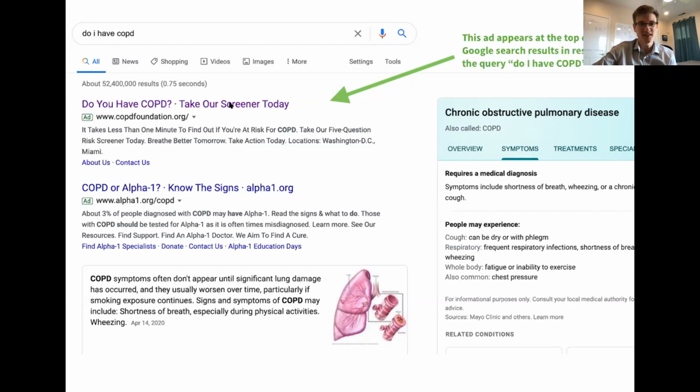And the cool thing is, thousands of people have taken this test as a result of this ad and others like it. So that is how the Google Grant works. It lets you connect your content and your website to what people are searching for and what they're caring about in the moment that they care about it. So it's a very powerful tool if used correctly. A couple other examples